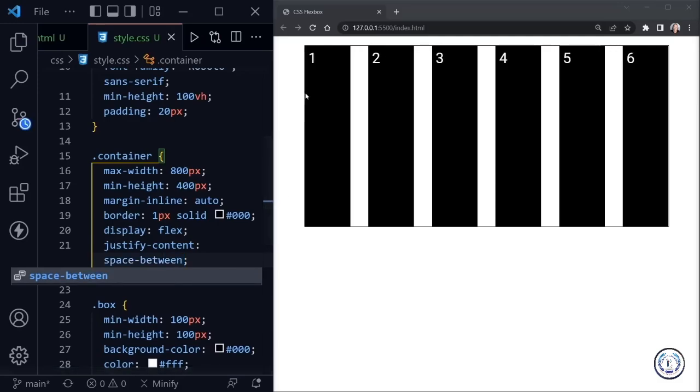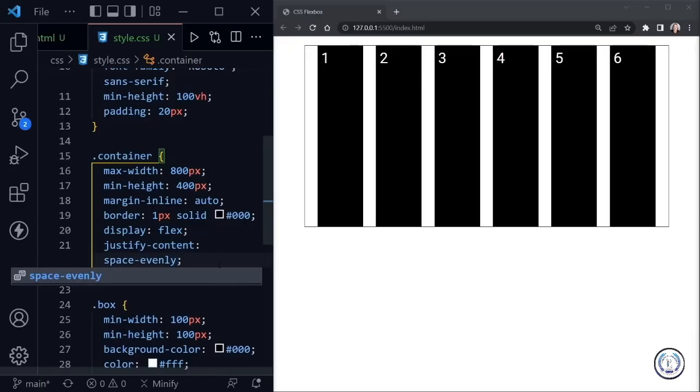Well, now there's no space at the beginning and no space at the end, but it's evenly spaced between all of the flex items. And then there is a little newer value that is much better to use. I think it was probably requested, and that is space evenly. So not only between the items, but also at the beginning and the end, we have evenly spaced the